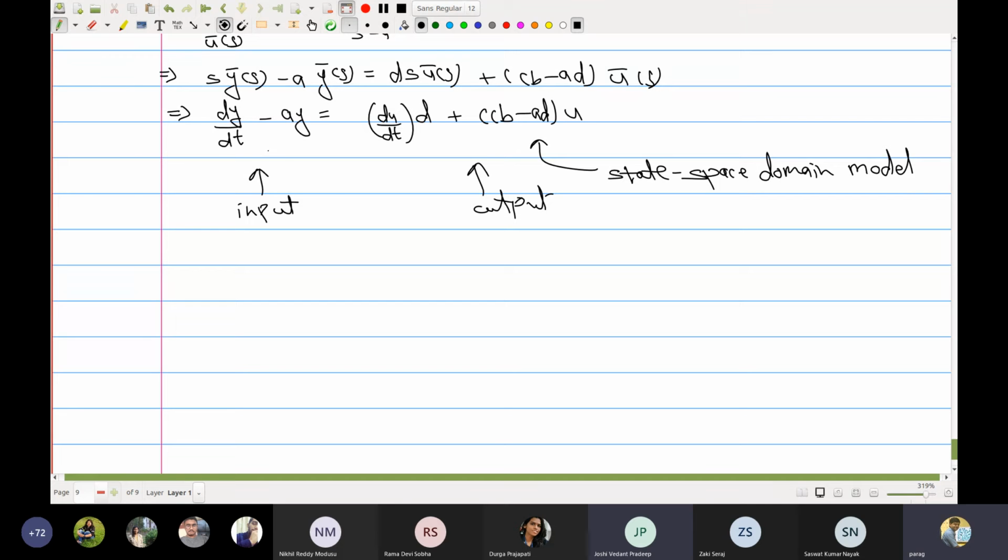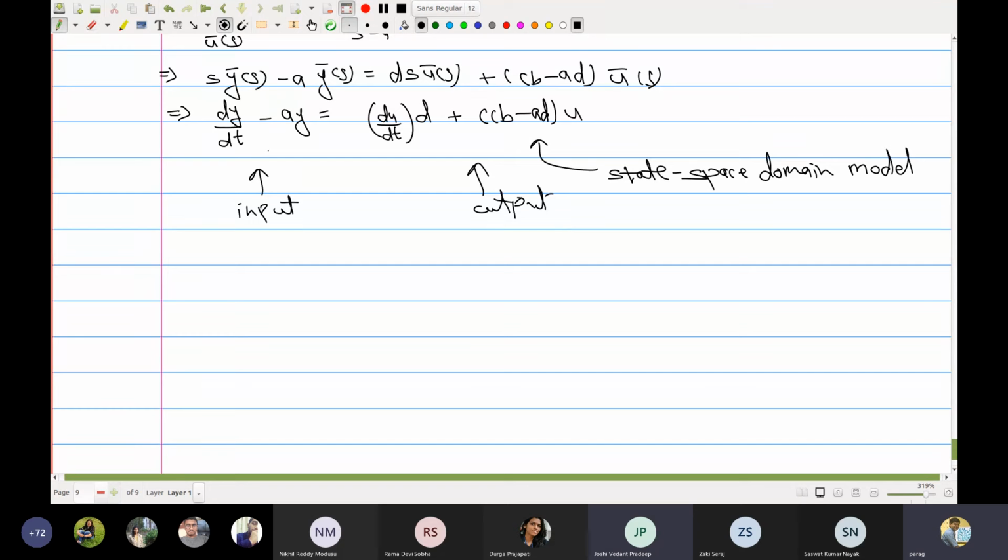In fact, whenever we are doing any analysis in transform domain, it is assumed that you are dealing with the system which is in the deviation variable form. So everywhere when I write y, it's always the deviation variable, and the deviation variable is always accompanied by homogeneous boundary conditions. So when you introduce a disturbance, at that point of time, the deviation variable is obviously zero by definition. So all of this analysis holds true only for deviation variable form.